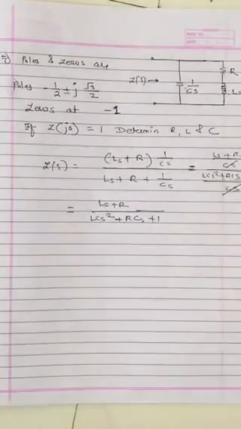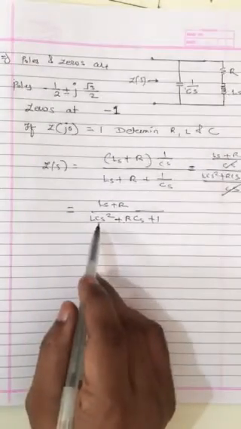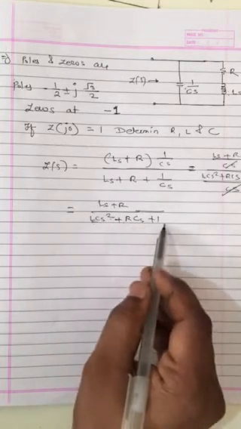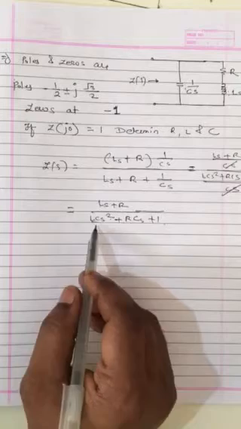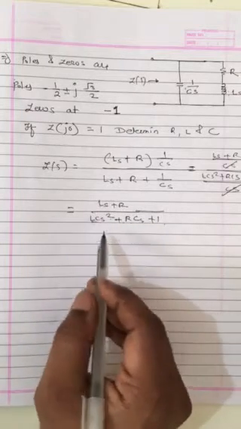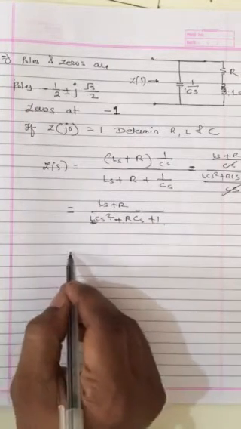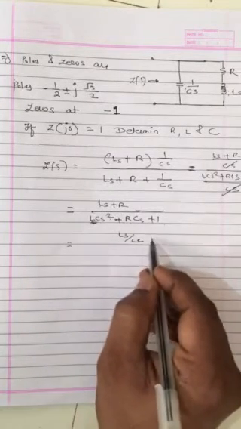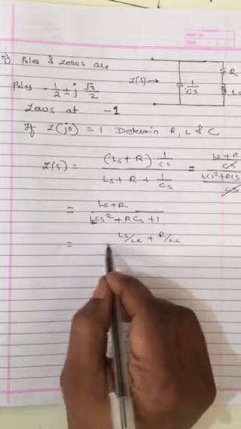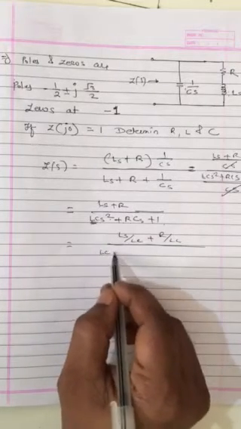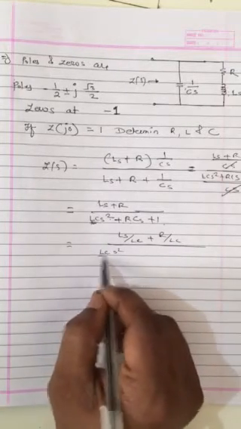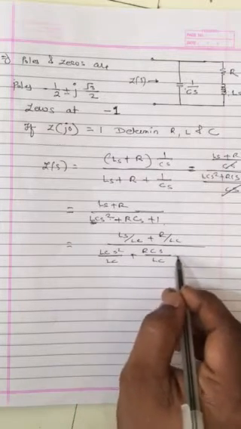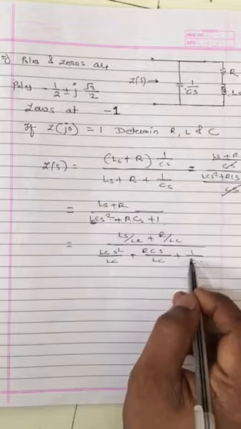Now as I said, I have to rearrange this term in the form of a differential equation, meaning s² without any coefficient, plus s, plus a constant. So what I can do is divide each and every term by LC, right? So it will become like this: (C·Ls upon LC plus R upon LC) divided by (LCs² upon LC plus RCs upon LC plus 1 upon LC).